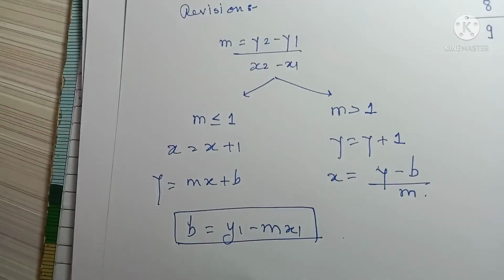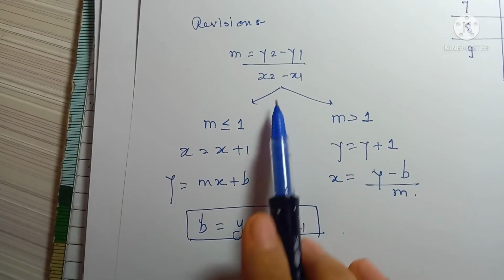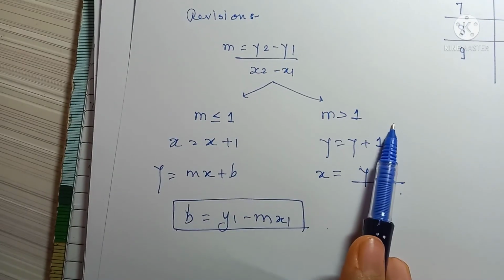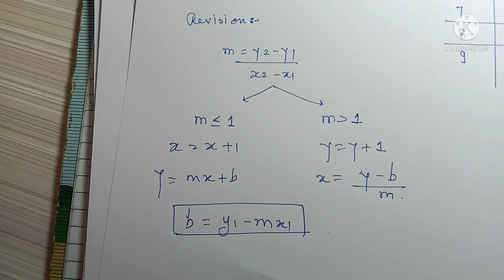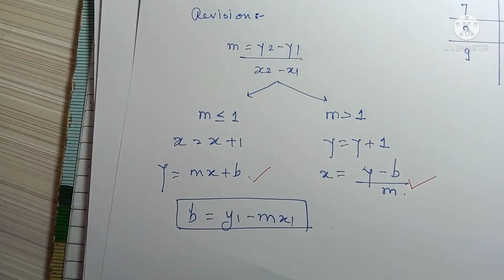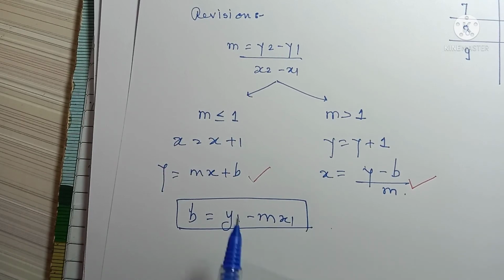हर algorithm में basic step same ही है, that is, calculate the slope. If slope is less than or equal to 1, x is incremented. If slope is greater than 1, y is incremented. But different हर algorithm में यहाँ पर है कि y कैसे calculate करना है और यहाँ पे x calculate करना है, x कैसे calculate करना है.